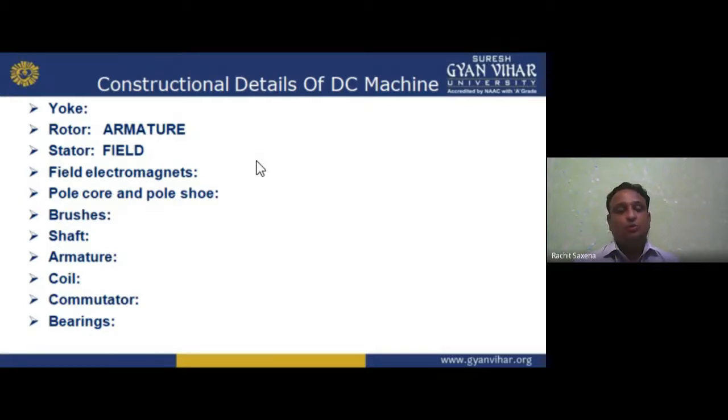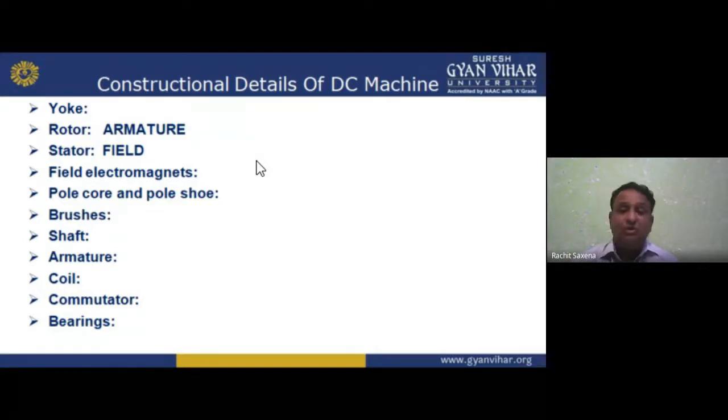Okay, so pole core you understand, I think, and pole winding also. And now the pole shoe. The pole shoe is just like this. This is a pole, and the pole shoe is like this. You can also call it a pole face, but it is a pole shoe. Now, why is it used here? The pole shoe has a larger cross-sectional area compared to the pole core.